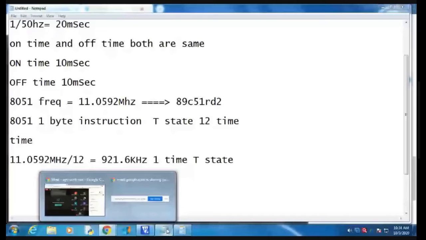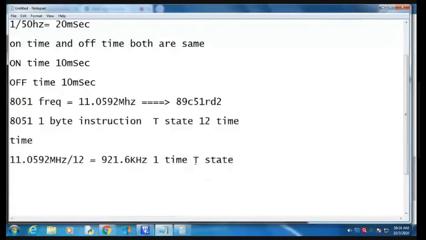Now this T state has to be converted into the time period. So 921.66 kilohertz is converted into the time period, which is 1 divided by this frequency.